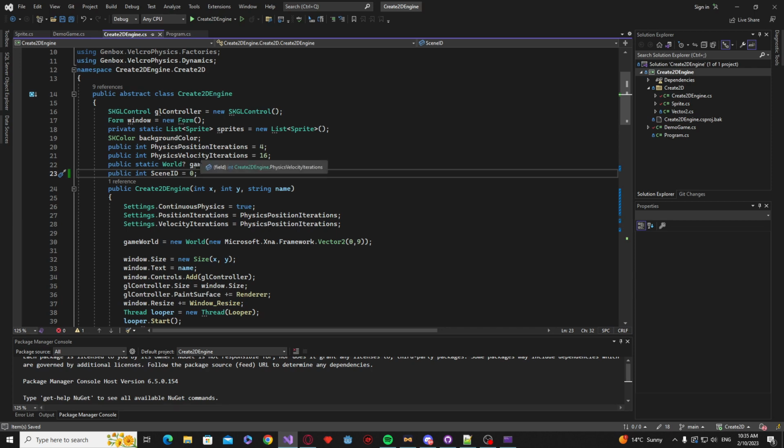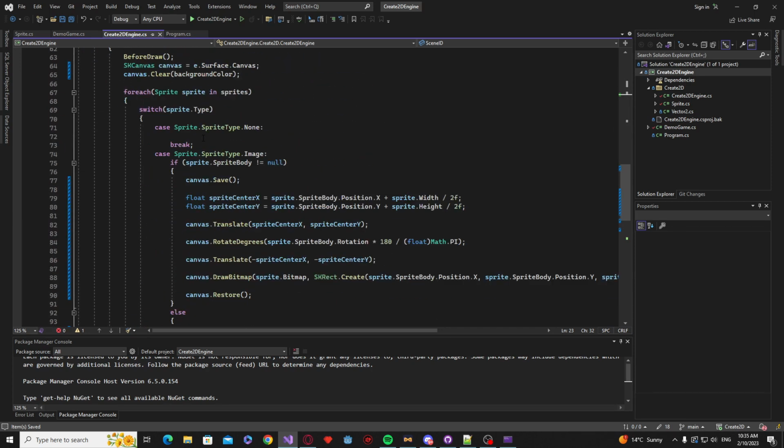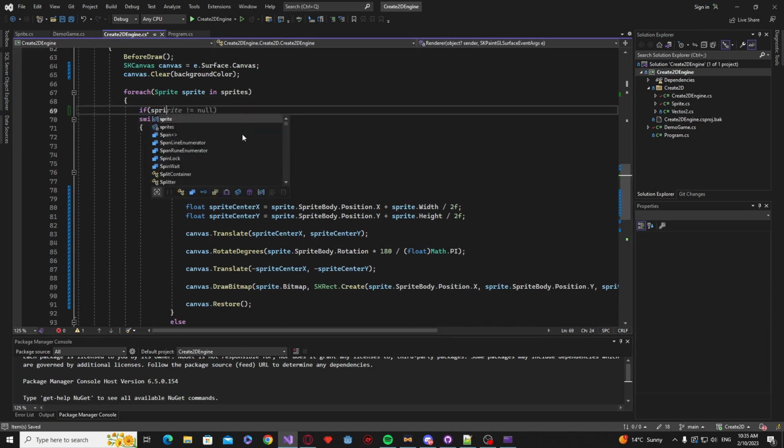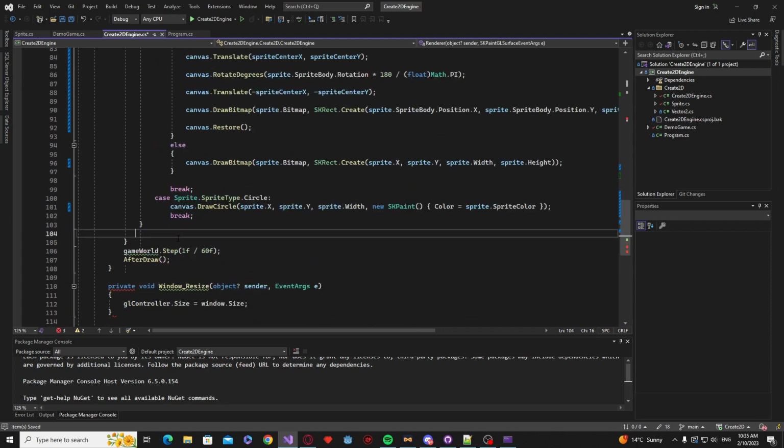So what we can do now is say if our sprite dot scene ID is equal to scene ID, then we basically want to draw everything